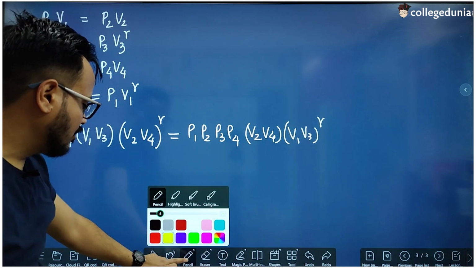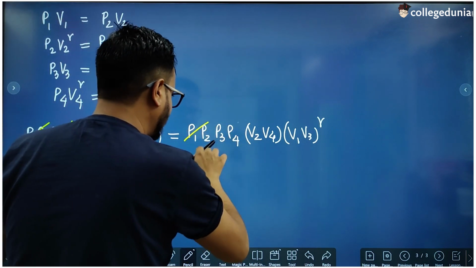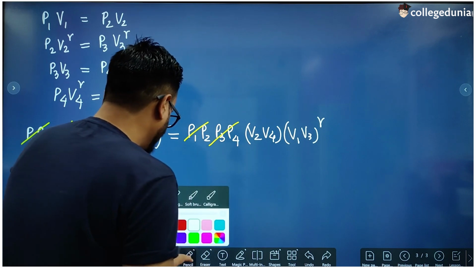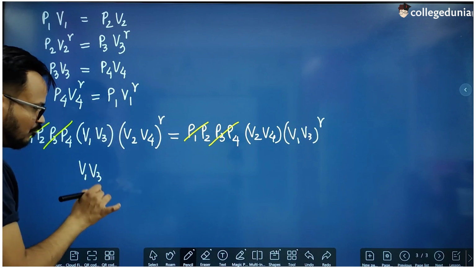Now P1, P2, P3, P4 all get cancelled out and we write it like this: V1 V3, and if you bring this V1 V3